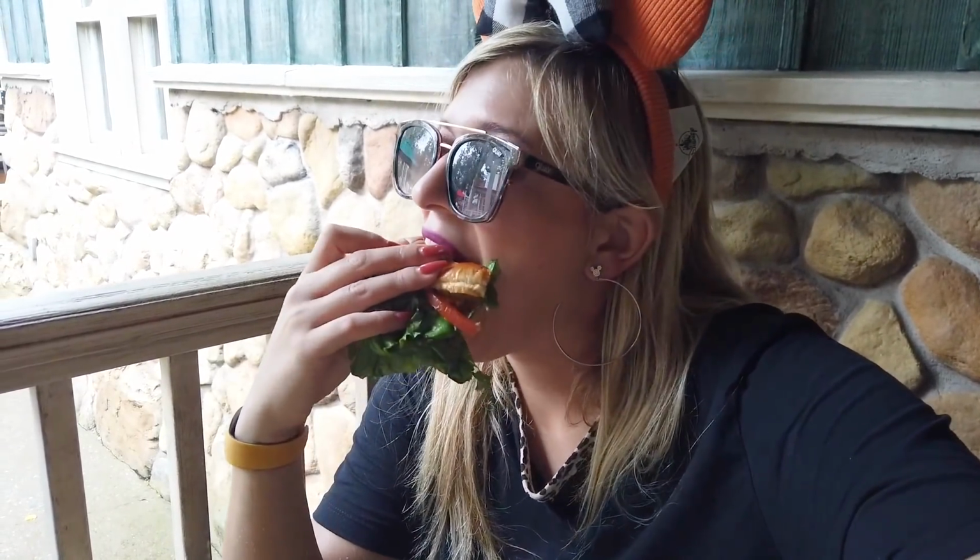It's actually pretty good. I like the garlic aioli. I like the crunch and the zest from the pickle. The chicken breast is nice. I actually like this more than the burgers here. I'm on record saying I don't love Disney's standard quick service burger. It's pretty good. It's just a fried chicken sandwich. Love that aioli. I personally would rather get this than a burger here,